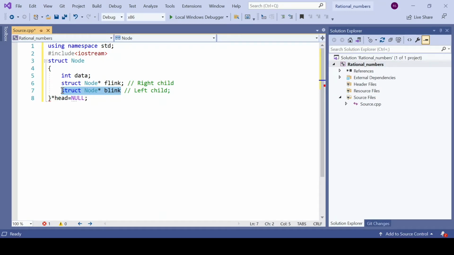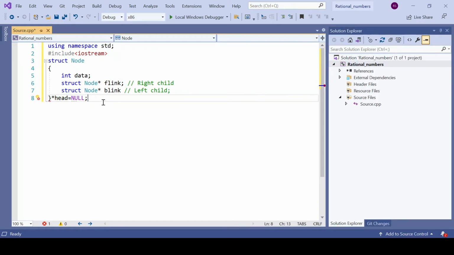But what argument we pass is going to be different. We can't pass 2i plus 1 in the linked list. Instead, we need to pass the address of the b-link when we want to traverse the left child, and we pass the f-link address when we want to traverse the right node. Okay, so those are the changes needed, and I am going to show you the implementation based on those changes.